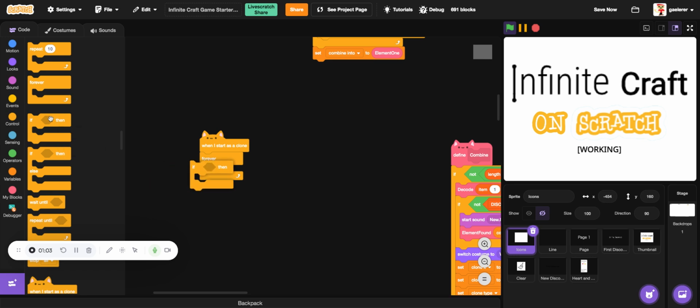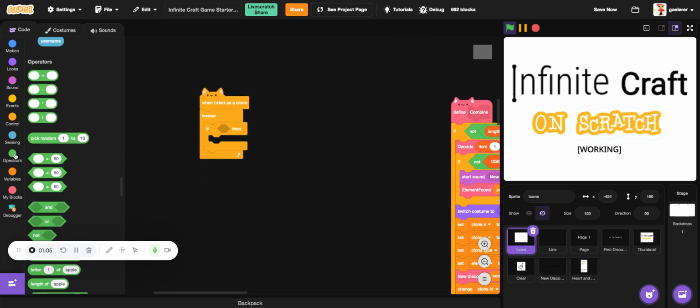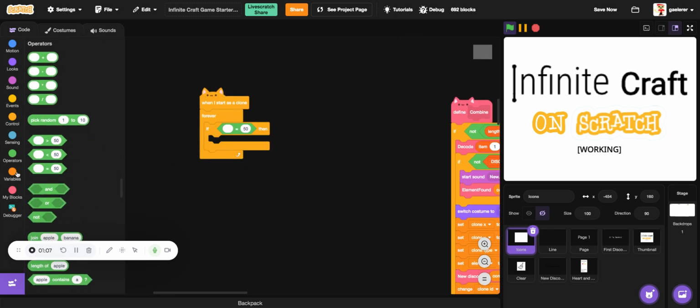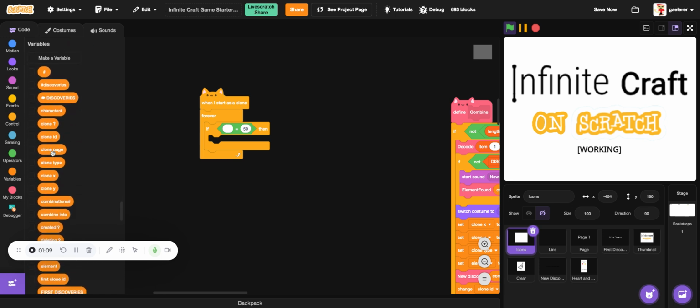Now, if unequal, if clone type is equal to 0, now put another if,